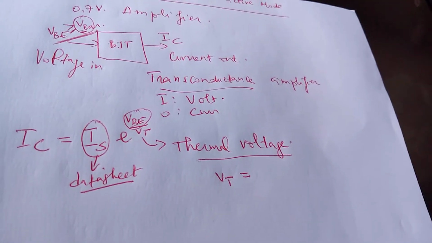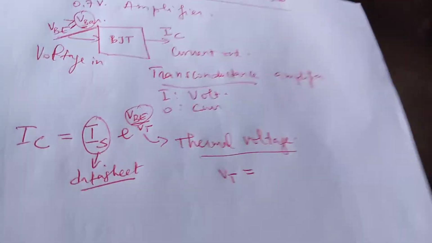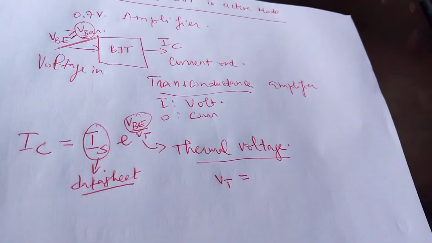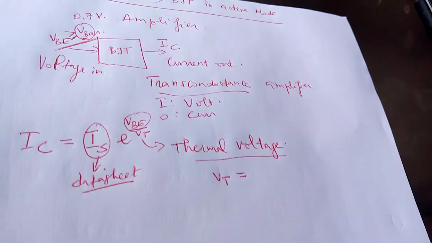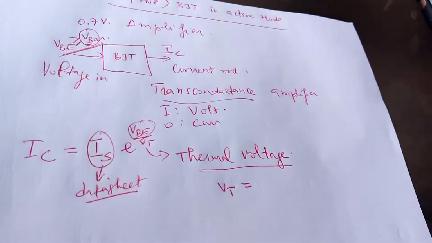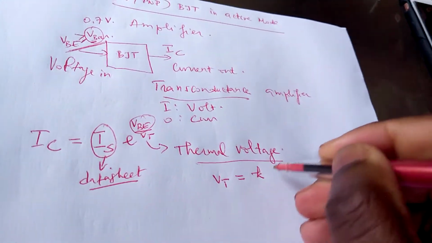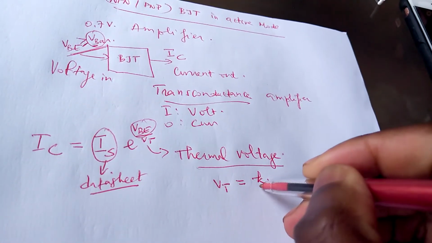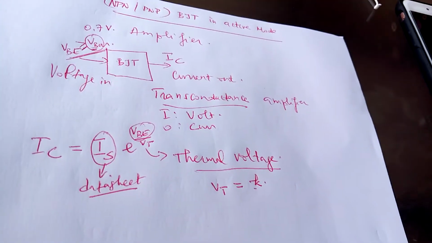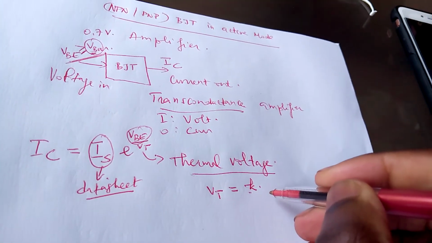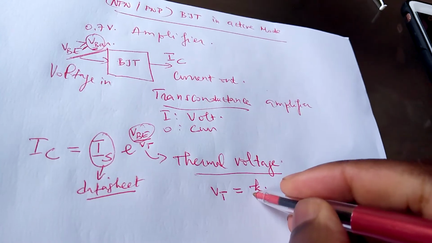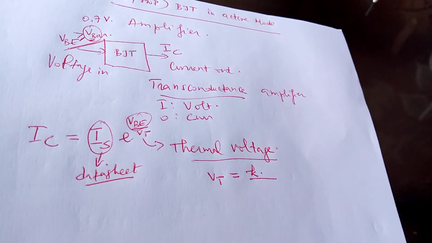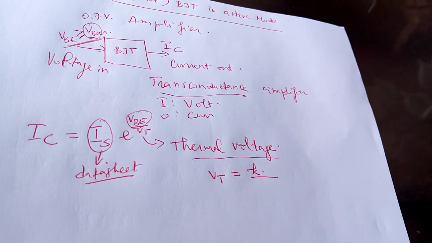So that's the parameter that captures the influence of temperature on how much collector current you get out of a transistor by applying on its input a certain VBE that forward biases its EBJ junction, meaning when you're in active mode. And this is defined as K, the Boltzmann constant, multiplied by, let me just confirm this, the Boltzmann constant multiplied by